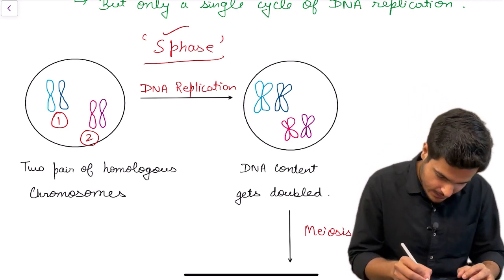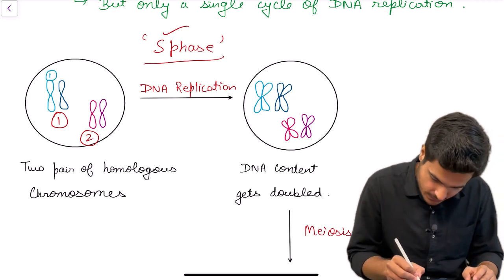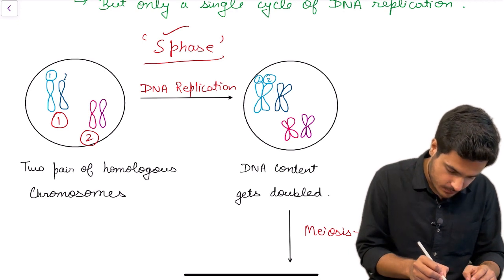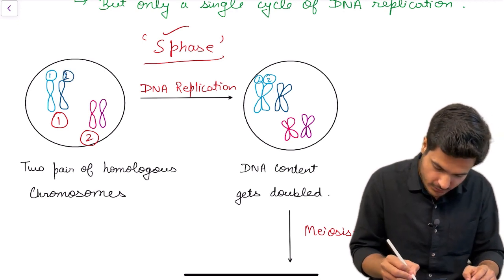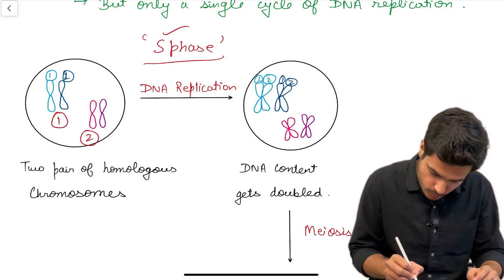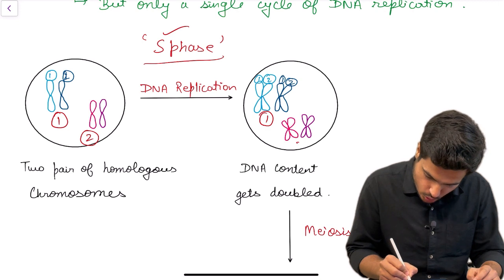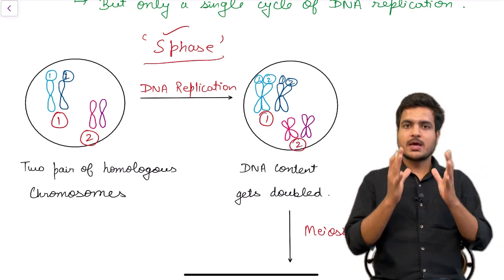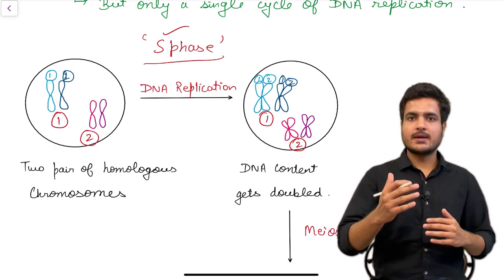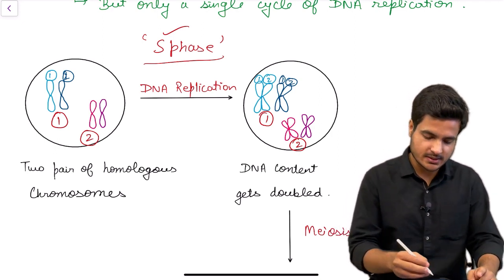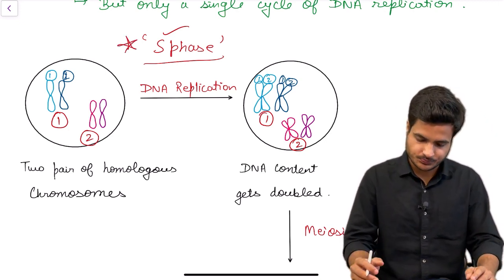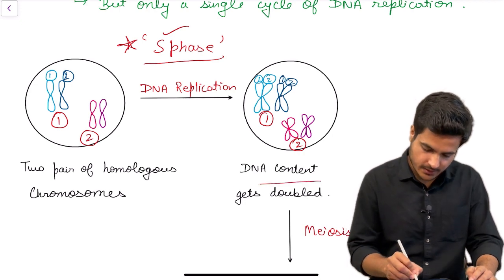Now you can see that here only a single chromatid is present, but here 2 chromatids have been produced. Similarly, on this dark blue one, here also 1 chromatid was present. Now here 2 chromatids are present. Still we call them chromosome number 1 and chromosome number 2. The number of chromosomes has remained the same, just the amount of DNA has doubled. Understood? This is the characteristic feature of S phase, when DNA replication takes place. The DNA content has been doubled.